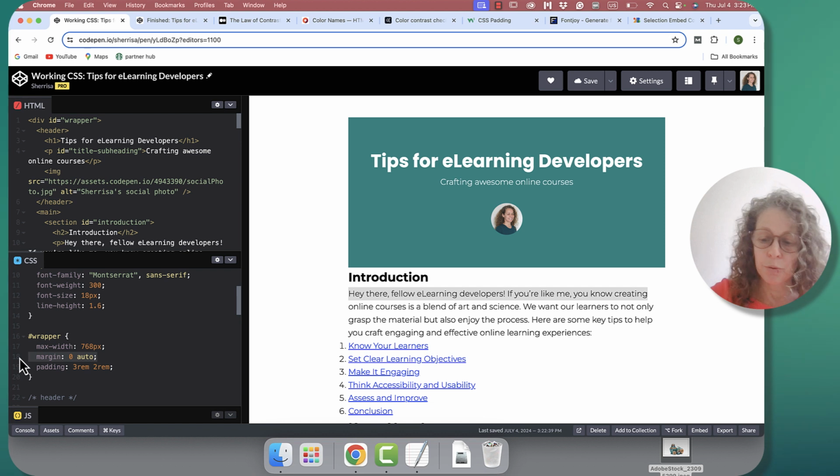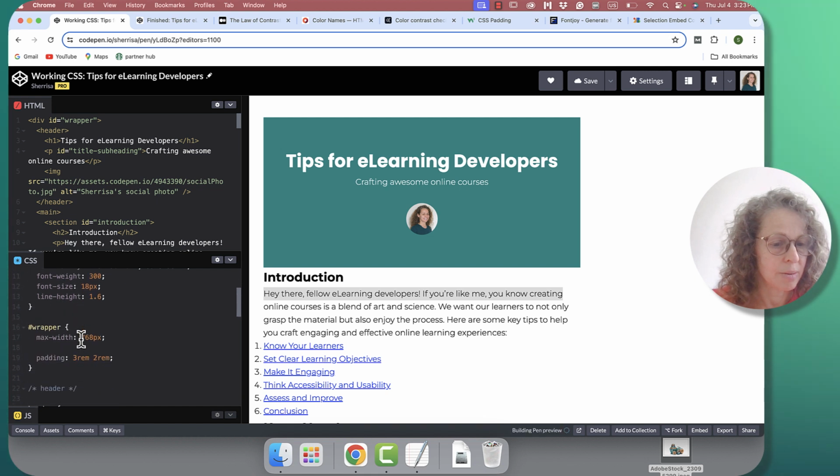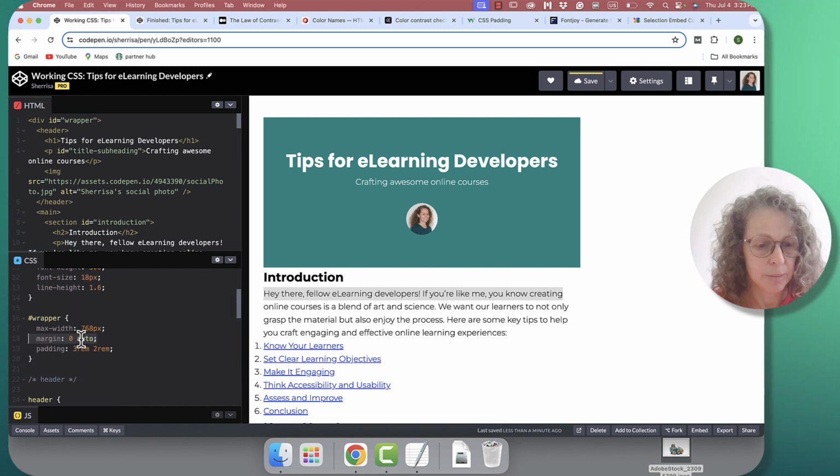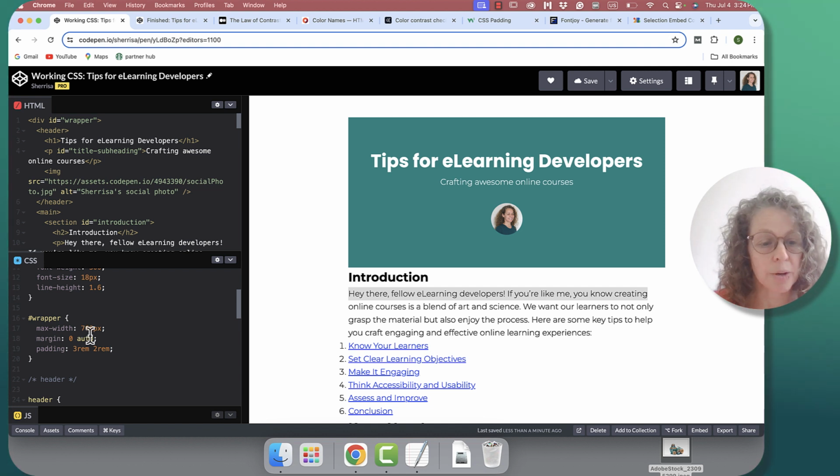If I remove this line of code, it's no longer centered on the page. So I'm going to put that back. I don't want any margins top and bottom. I've already got some margins top and bottom. But I do want to center it. And the way to do that is margin left auto, margin right auto, but this would be a shorthand way